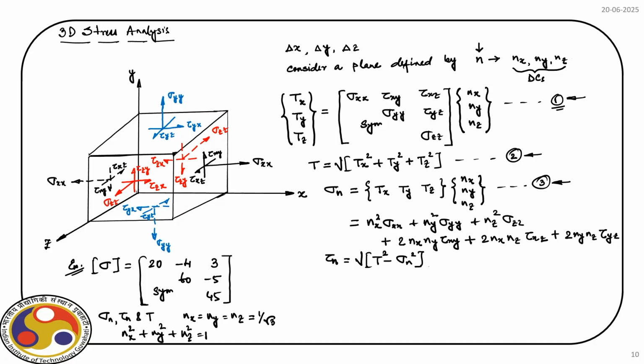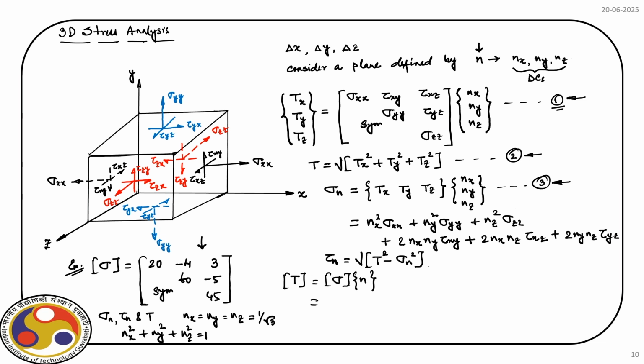So, what we will do? First we find out what is T. T is nothing but we have sigma times n. Now, we have the stress field given by this matrix and we also have nx, ny and nz. So, if you use equation 1,